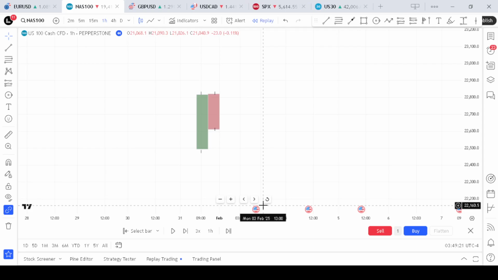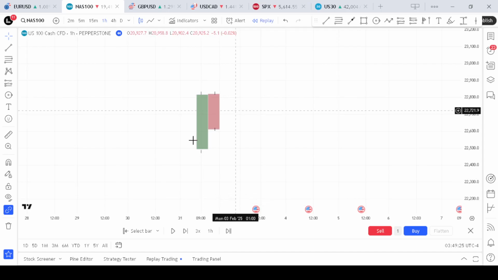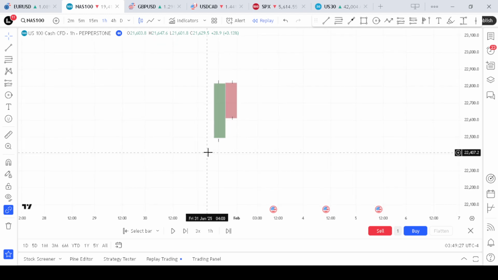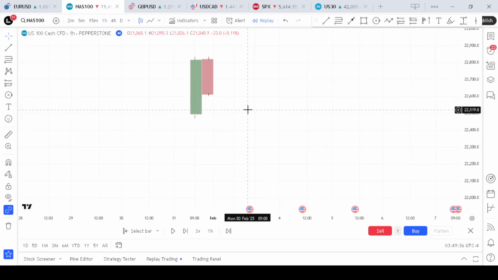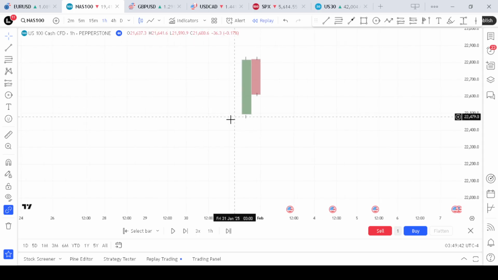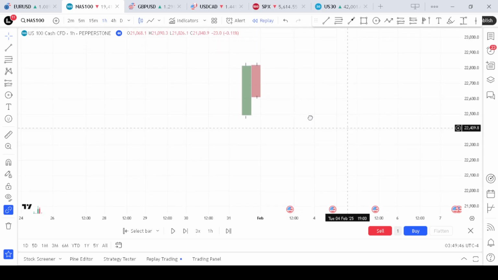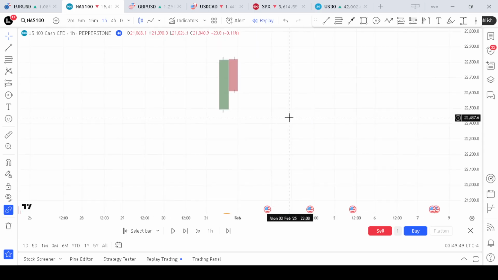This pattern helps you identify potential trend changes, giving you a strategic advantage in timing your entries and exits. Whether you are trading the forex market, stocks, or cryptocurrencies, understanding this formation will enhance your technical analysis skills. So let's see how we can break down this strategy so that we can capitalize on it on the chart